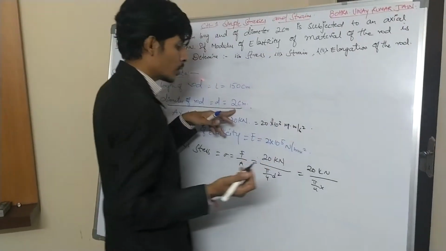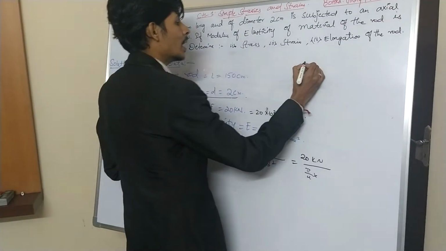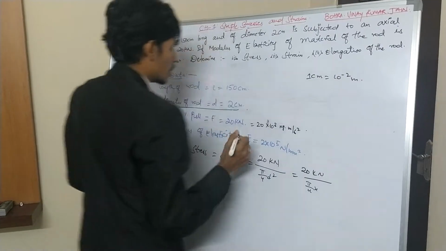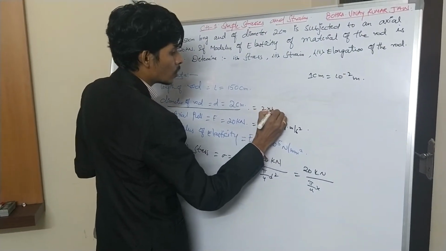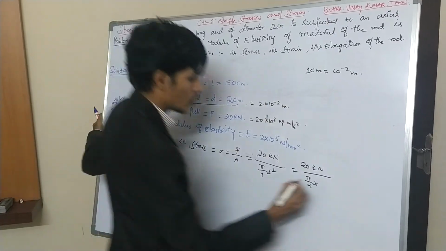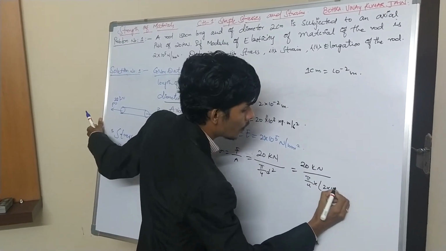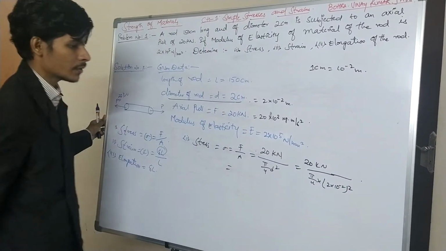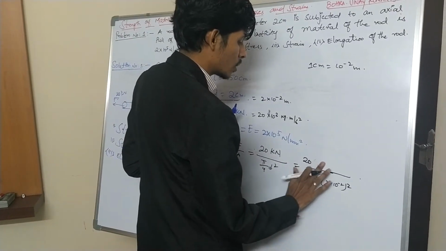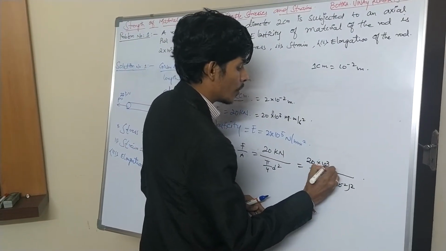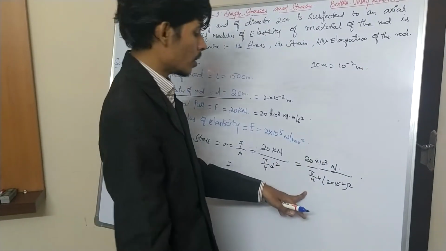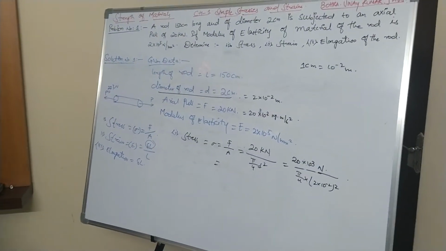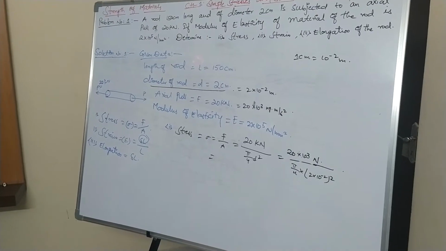If you convert this in terms of meter, generally 1 centimeter equals 10 to the power of minus 2 meter. So you can write the diameter as 2 into 10 to the power of minus 2 meter. So pi by 4 into 2 into 10 to the power of minus 2 whole square. Kilo you can write as 10 to the power of 3 Newton, so 20 into 10 to the power of 3 divided by pi by 4 into 2 into 10 power minus 2. So on calculation, if you do it in your calc sheet, you'll get as a result,